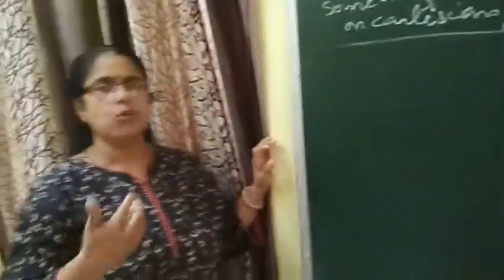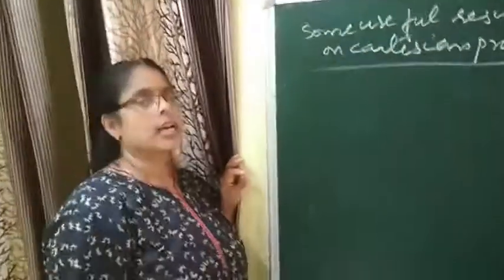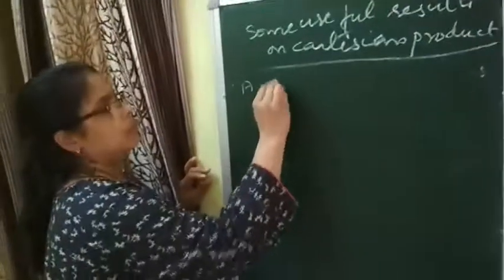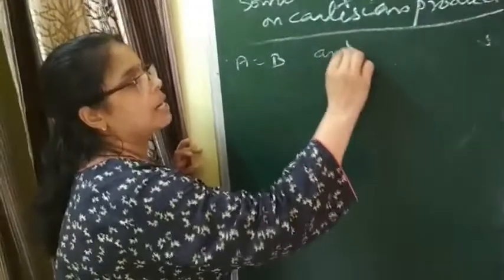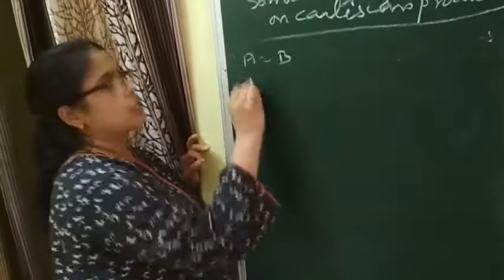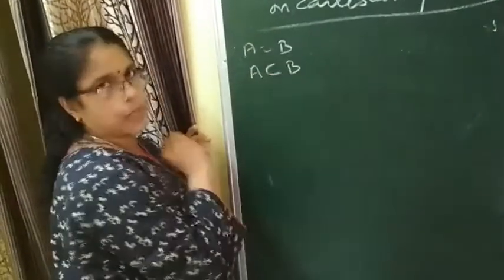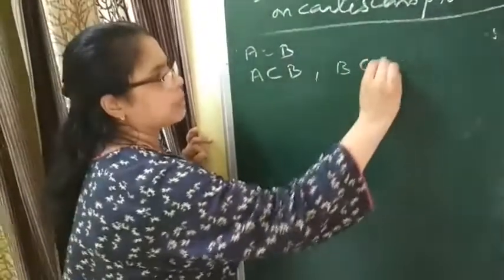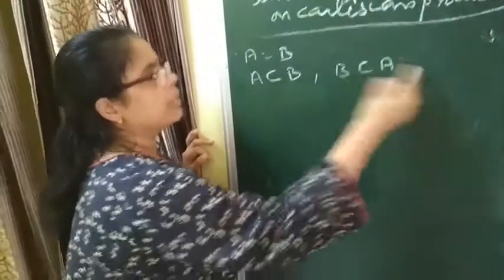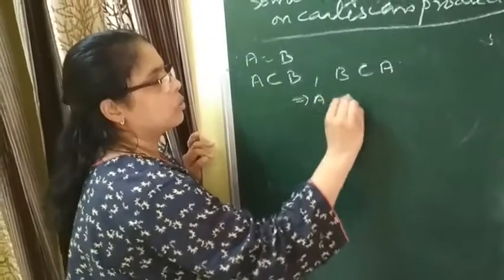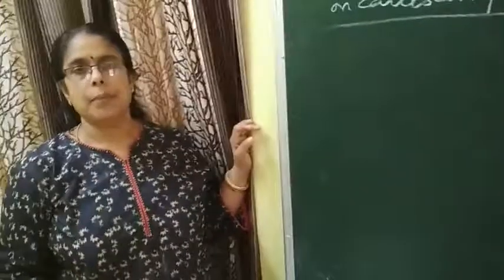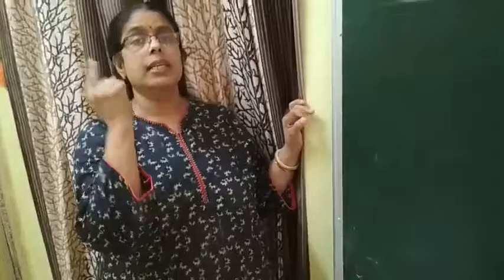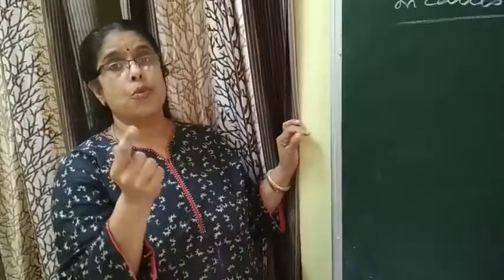Now what will we do? For proving, again we have to go back to the previous chapter, sets. How can we prove two sets are equal? Do you remember? Which method will we use? We will use the method of arbitrary element. In order to prove two sets are equal, you have to prove the first set is a subset of the second set and the second is a subset of the first. If A is a subset of B and B is a subset of A, then A will be equal to B. This method we have to use here. But in the case of sets, an arbitrary element is taken as a single element, but in a Cartesian product, each element is in the form of an ordered pair.